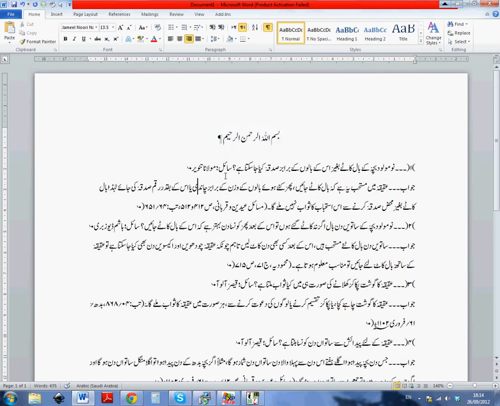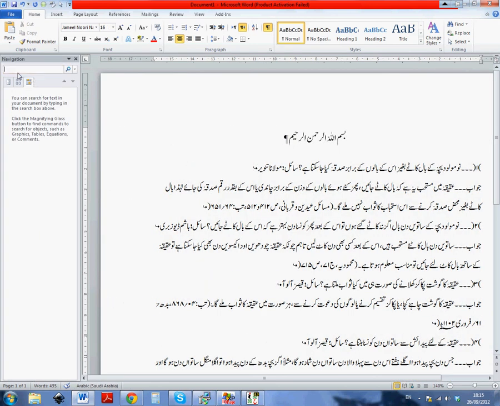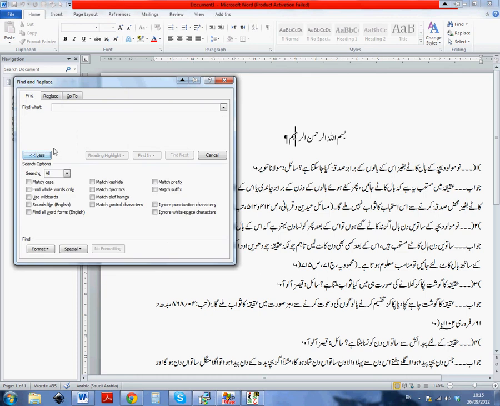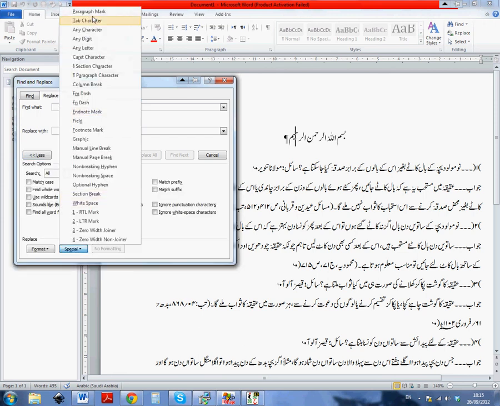One way of quickly changing all of this is to do this. Press Control F, find, go here and go to replace. This is a special trick of how to do this. Go to more, go to replace, find what, keep the cursor inside there, and go to special. If you don't press more, that option won't come up. You have to press more, special, and go to